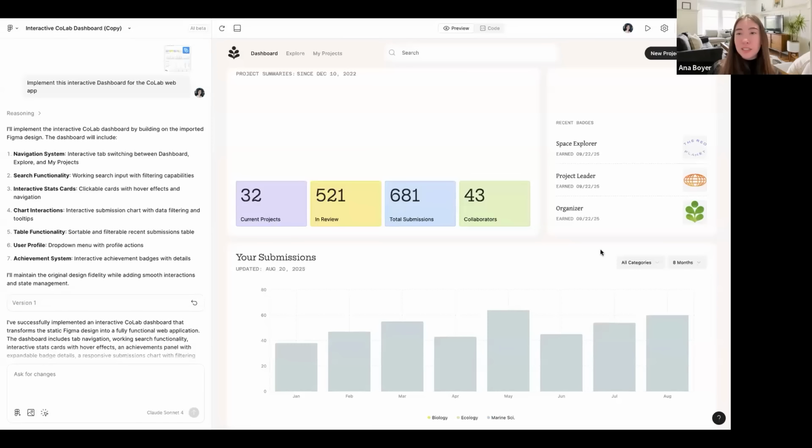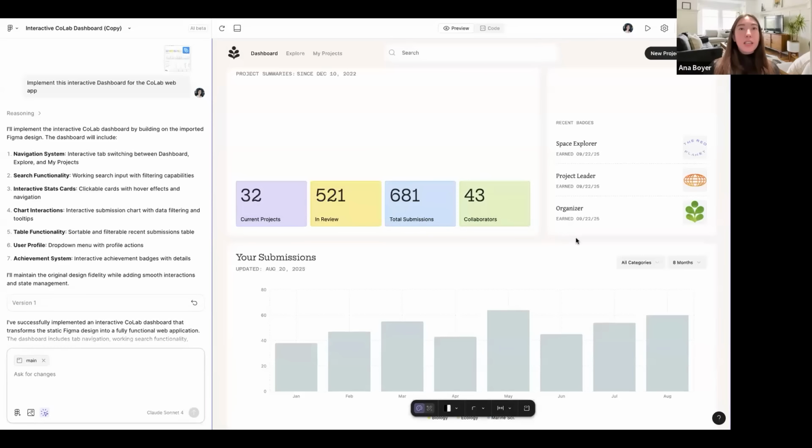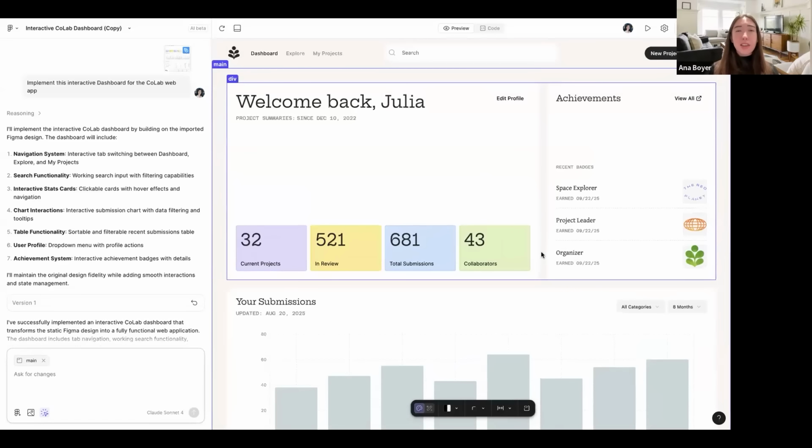So we're going to continue to expand on the kinds of different edits that you can do with the select and edit tool with the toolbar. But if there's some things that you can't achieve there, you can also try going to where it exists in code and making those edits from there. Those are going to be really fast ways to make edits to your Figma Make. But of course, if there's other things that you wanted to change that either you can't do with the select and edit toolbar or you don't feel comfortable making the edit in code,